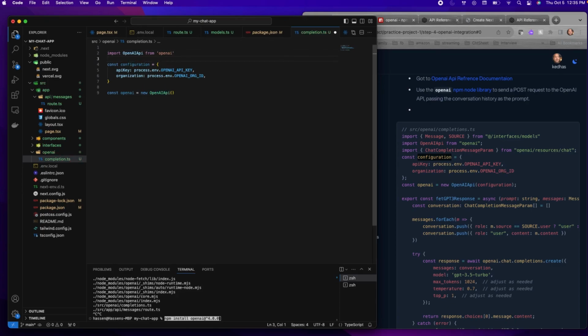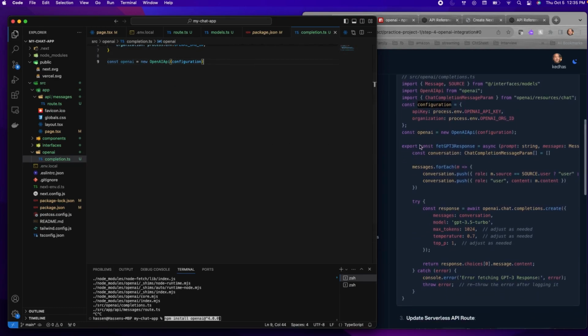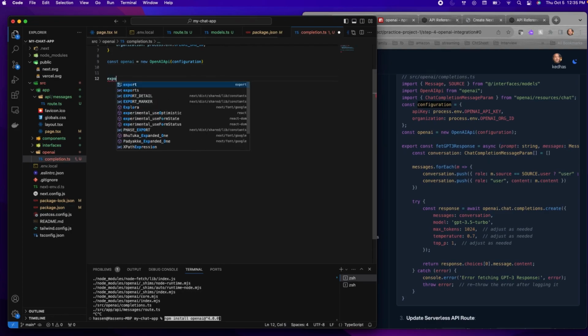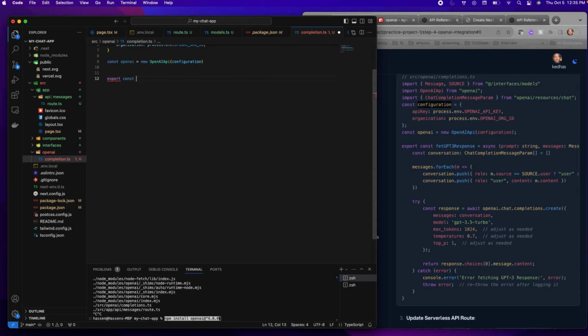I don't know why it didn't import it automatically, but and then we have to pass the configuration we have provided. Now we have OpenAI API instance. So the next is to create the method. So we'll export this method, make it accessible, and then